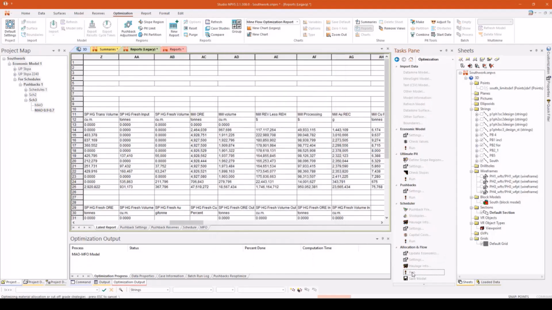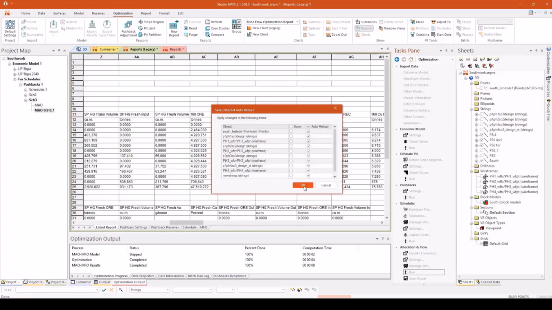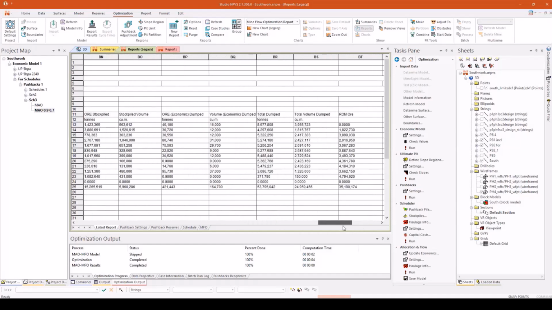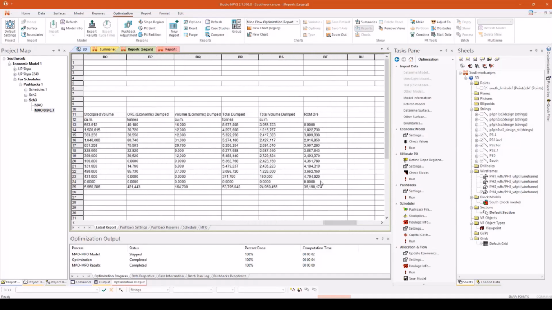And I will hit run again. And if I come all the way across, it's giving me a new variable called ROM ore. Simply because, yeah, we are losing a little bit of tons, and I just wanted to look at that in greater detail. So overall, while our grades have a higher level of control over them, I actually make more NPV with the original